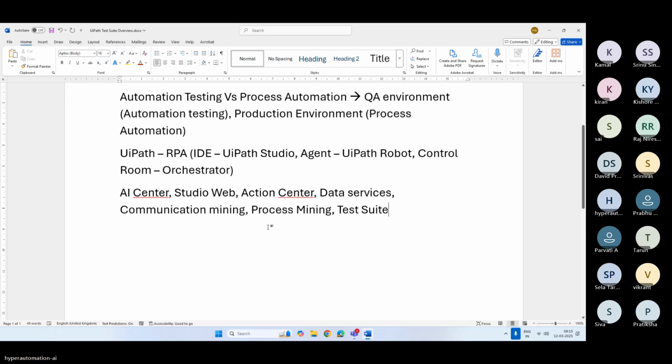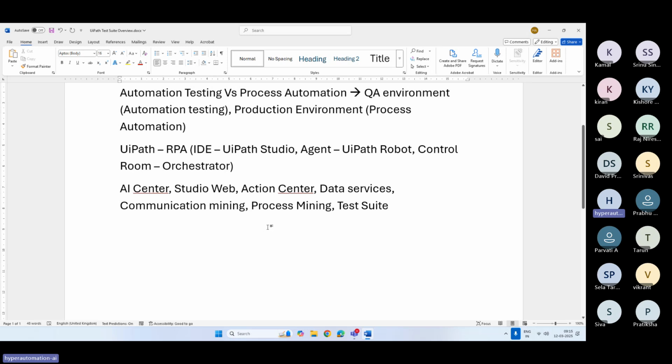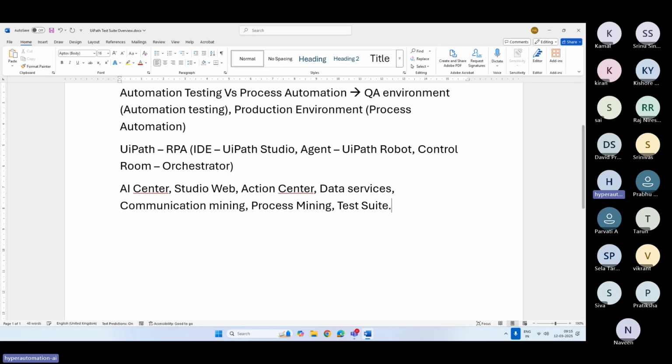There are many more products, like Task Capture, which we will be using as part of our sessions, and Task Mining, which is to understand the process, like what the different steps in the process are. So our area of interest in this session will be the Test Suite, Task Capture, and Data Services. We will not be covering all the other products, because they are not part of our testing